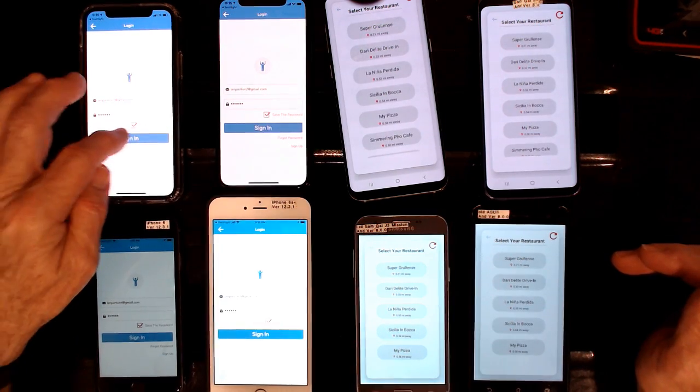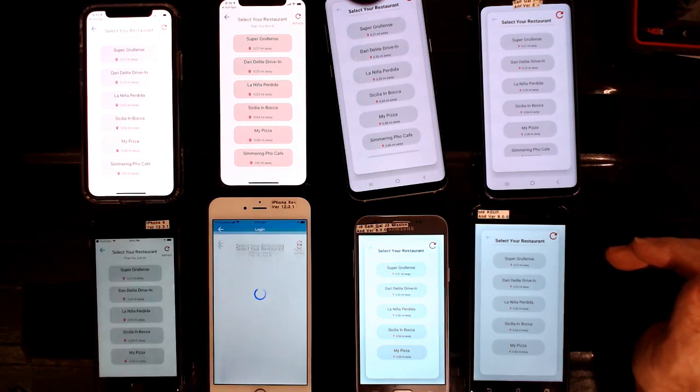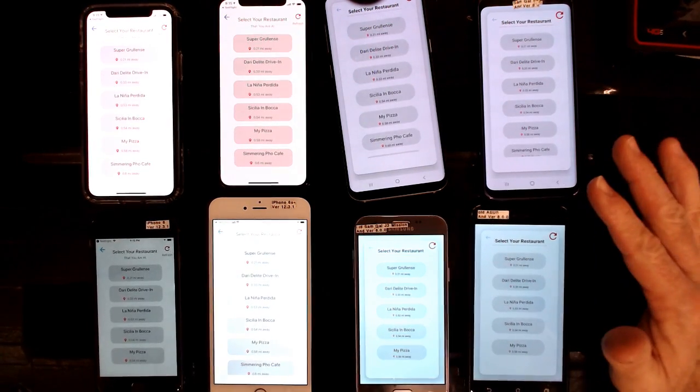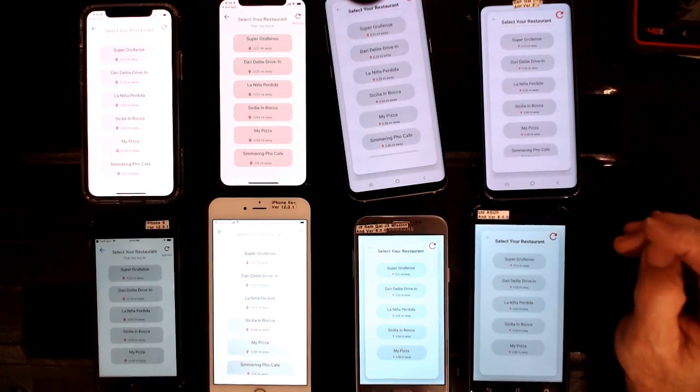So, restaurants are in order, sorted from closest to farthest. Did not have to press refresh on the Android. That's good. That's great. Now let's try